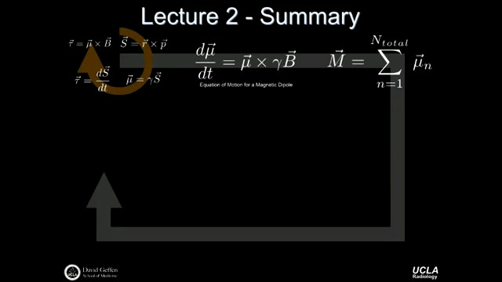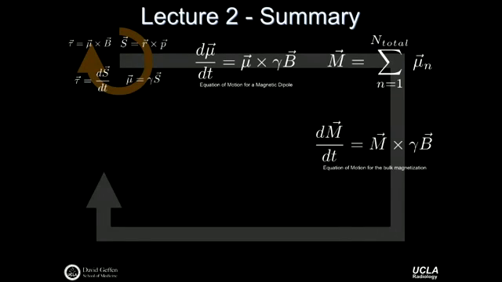Now, we don't really care about individual magnetic dipoles. What we care about is the bulk magnetization. So we added up all of the bulk magnetization vectors, and we came up with a slightly different expression. There's an easy way to do this and a hard way to do this. But the bottom line is you have a set of ordinary differential equations, coupled equations, that describe the behavior of